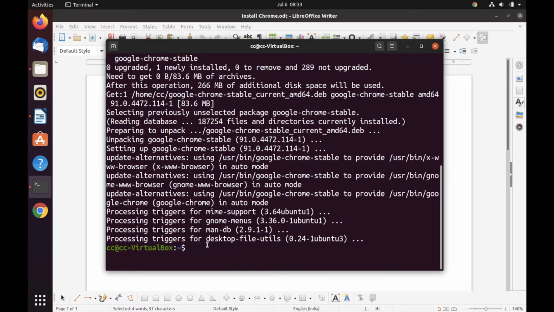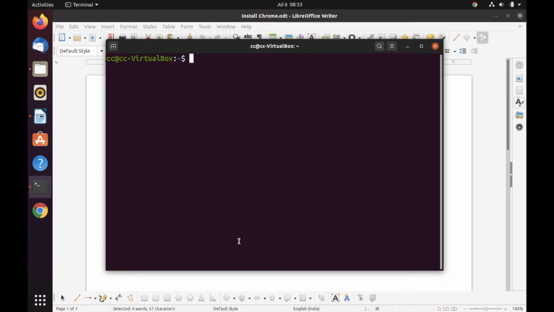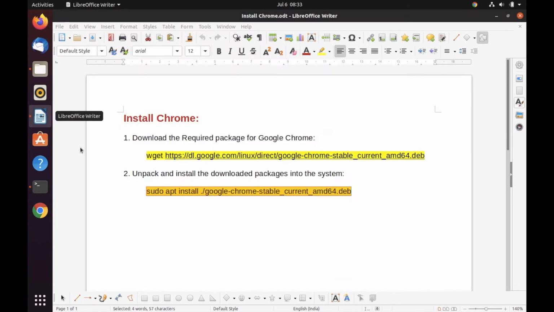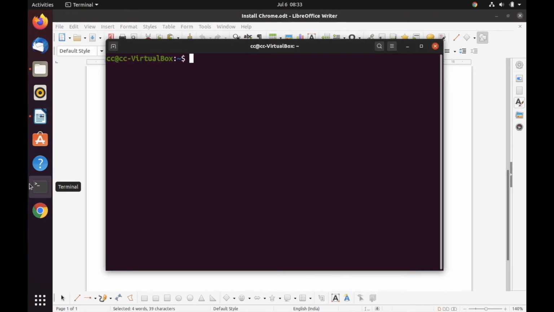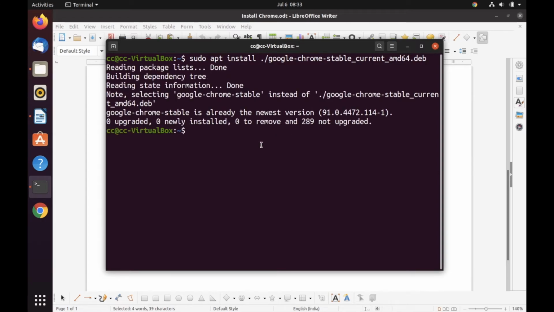For doing that, first I will clear my screen. Let me go on to the document again. For uninstalling or removing purposes, we'll be using a command called sudo apt-get purge google-chrome-stable, the stable release that we are having. So let me copy that command. I'll go on to the terminal and I'll paste it. As soon as I hit enter,